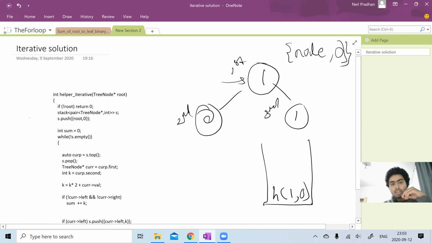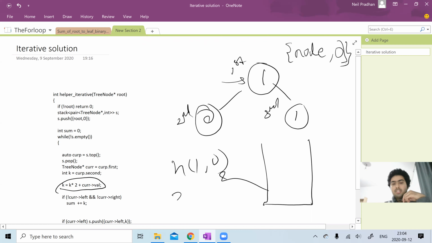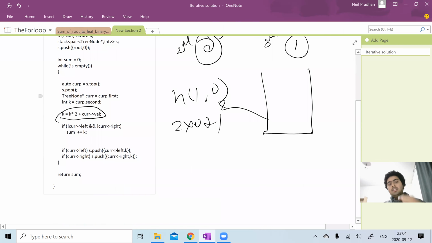Then while the stack is not empty, we are going to take this out, pop it out: the root 1 with 0. Then we are going to update the k, which is 2 into 0 plus 1, right? If that is a leaf, then we are going to add it to the sum.